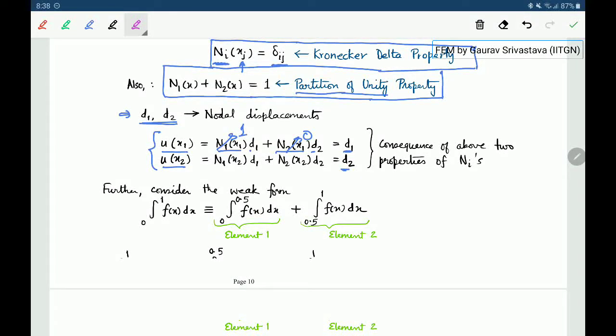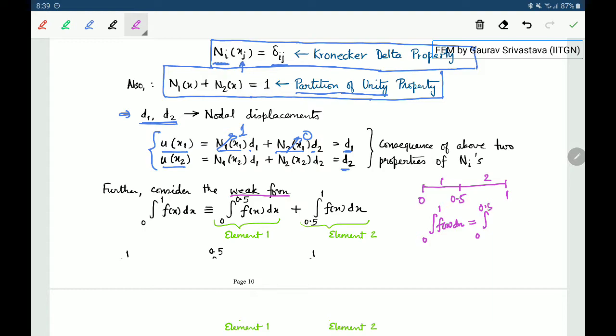Consider now the weak form that we have defined. As a consequence of subdividing our domain into two elements, earlier this was between 0 to 1, now we have introduced an internal node. We're saying there are two elements, 1 and 2. So any integral between 0 to 1